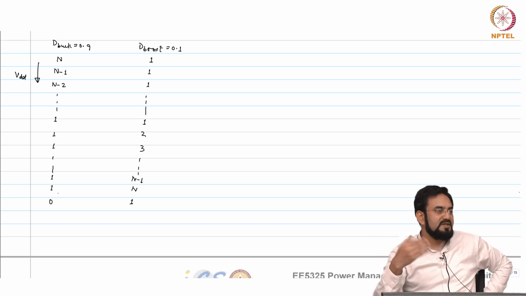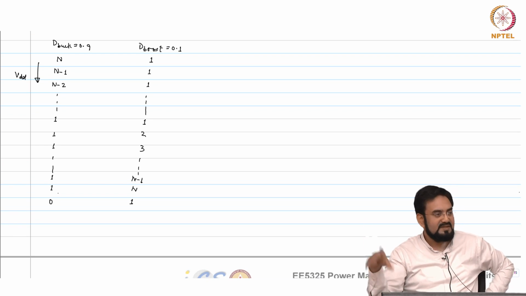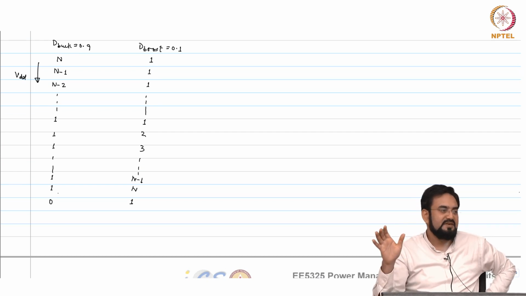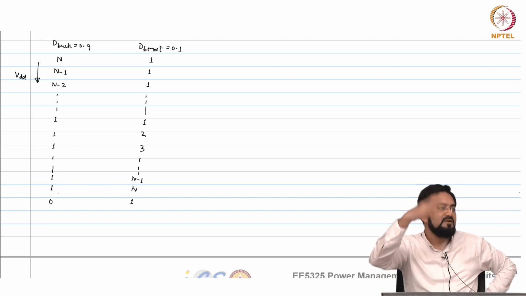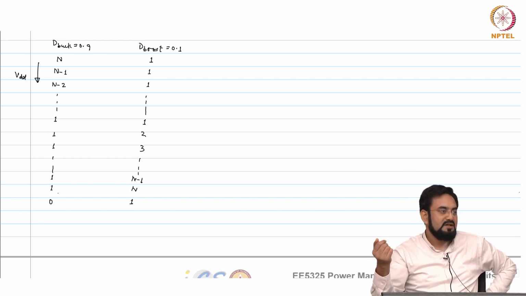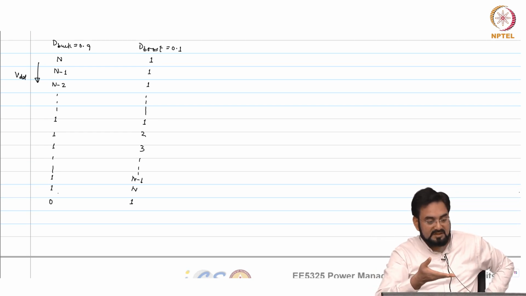You can always jump, but you will get a transient at the output. If your loop is fast enough to correct that, then it is not an issue, but usually it is not. Your bandwidth is limited, so you will always get some transient. If that transient remains within your limit, then it is fine. But if it goes beyond, let us say I have a 5% limit for overshoot, undershoot, then you have no option, and you have to think about it.